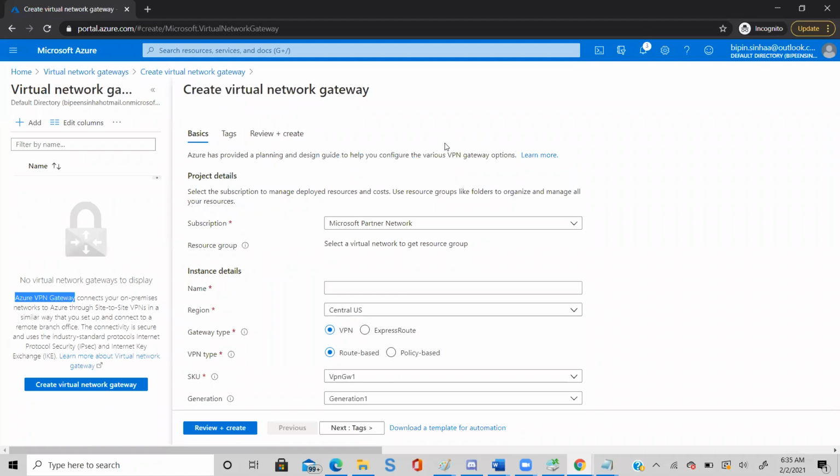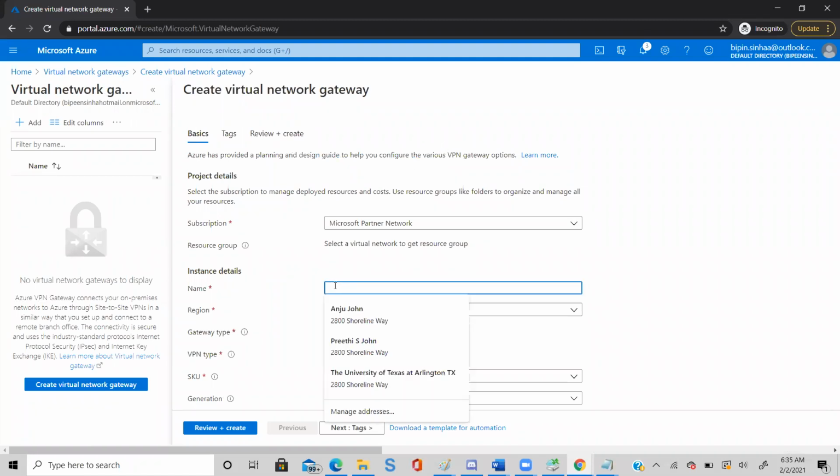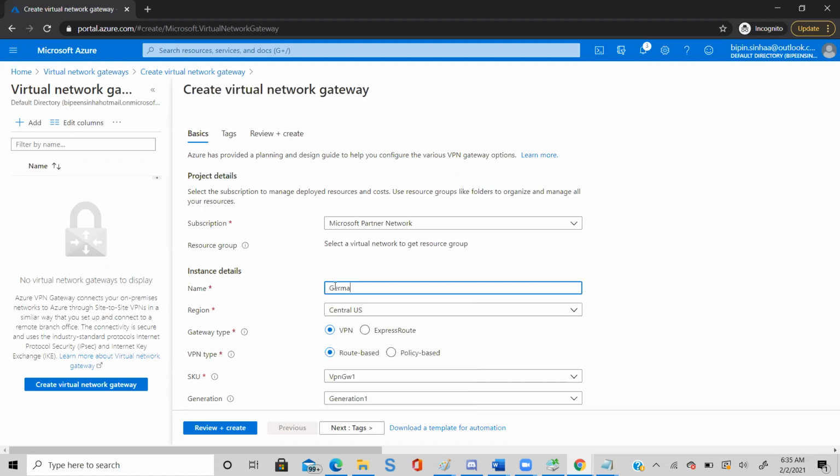So give it a name, Germany VPN. The region is East US, it is saying Central US to me. All right. So the name of the VPN is a VPN gateway. Scroll down. Then it's generation 1. Go ahead and click next, then review and create.